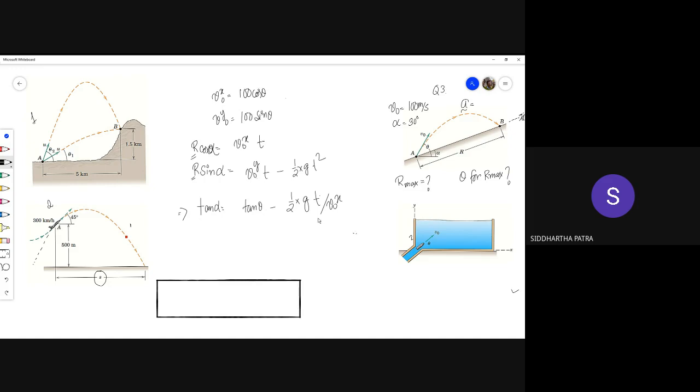And from that, you can get an expression for t, right? T as a function of theta. And your r cos alpha would be v0x times this t. So what is the answer? I don't have the answer. So it is 60 degrees. Theta equal to 60. I mean, let's say if alpha is not given, can you try to calculate without knowing the alpha?